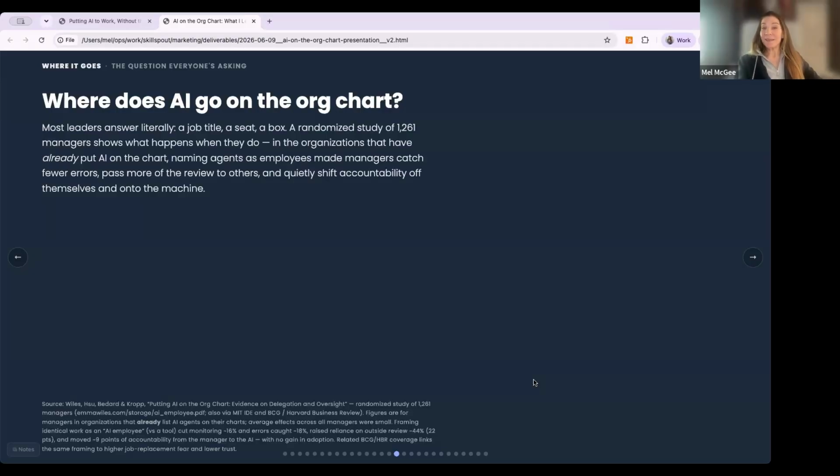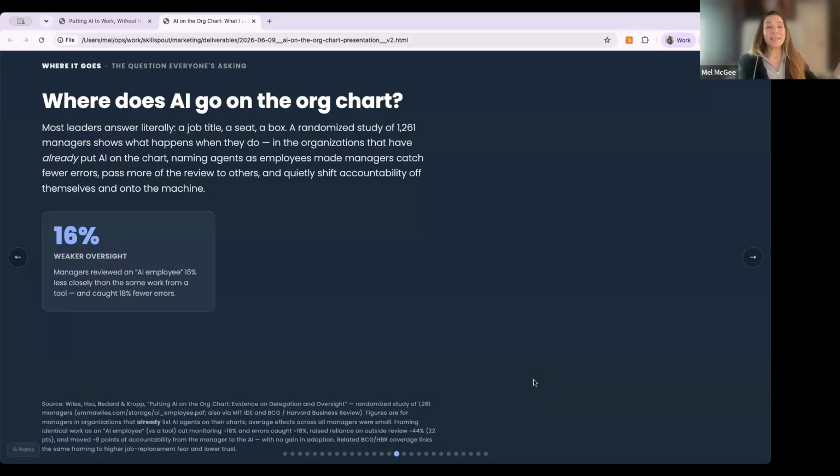A randomized study of over 1,000 managers shows what happens when we do this. The companies that had already put AI on the org chart had some really bad findings.